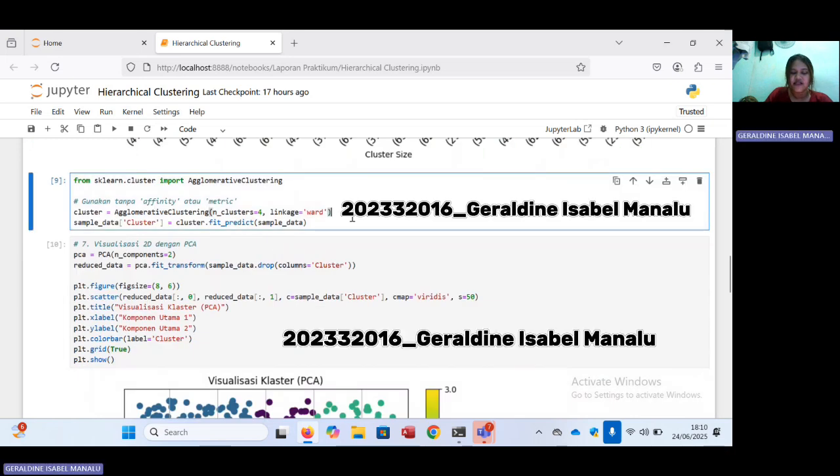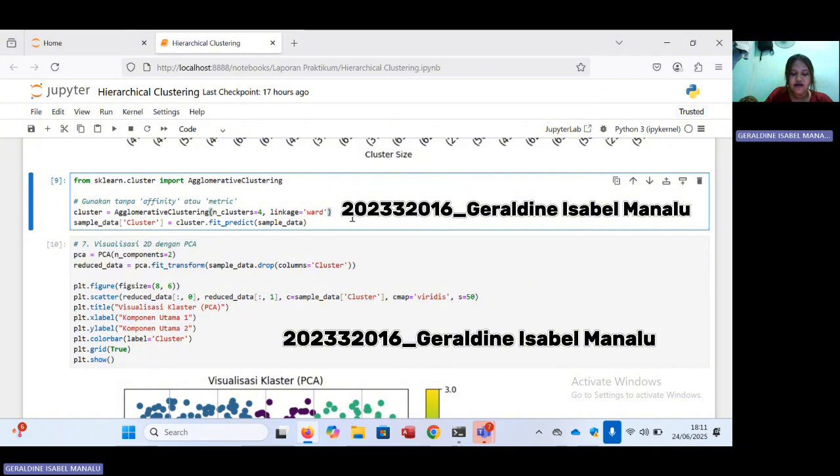Next, this code section performs data grouping, or clustering, on the sample data using the agglomerative clustering algorithm, which is one of the hierarchical clustering methods.